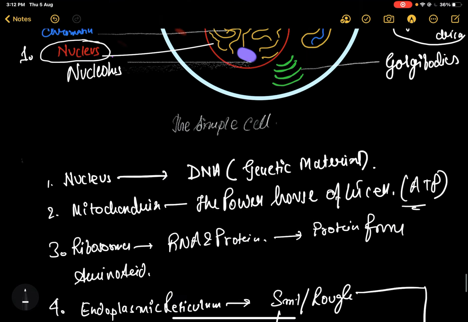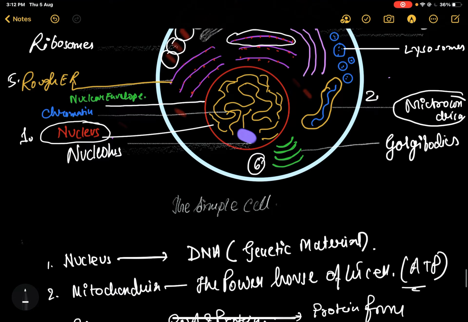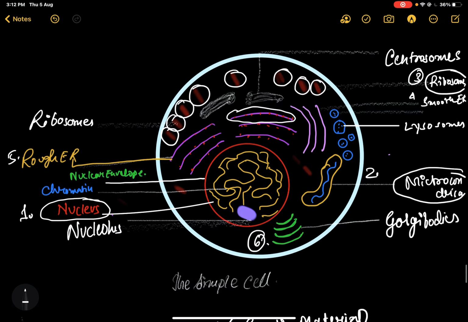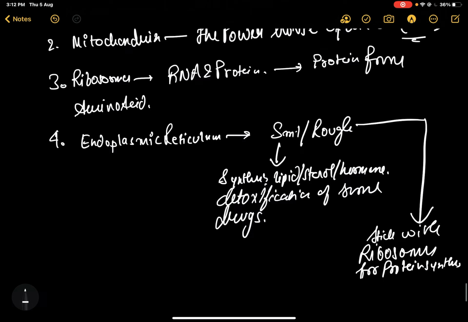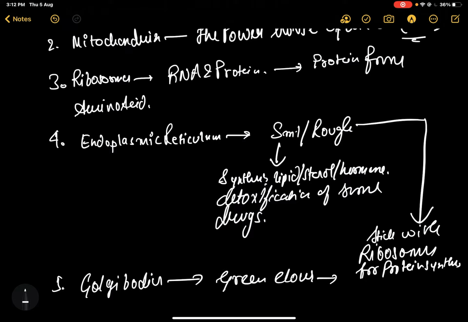Okay. Next we're going to do the Golgi bodies. This is the Golgi body. It is present in all cells, but is larger in cells that synthesize and export protein. So we call it the Golgi bodies, the green color. This green color is responsible for synthesis and storage of protein,